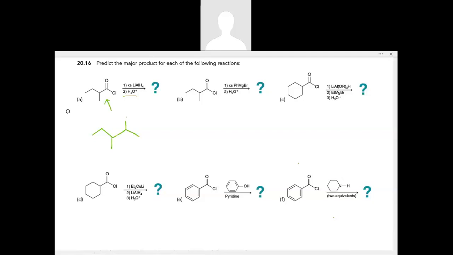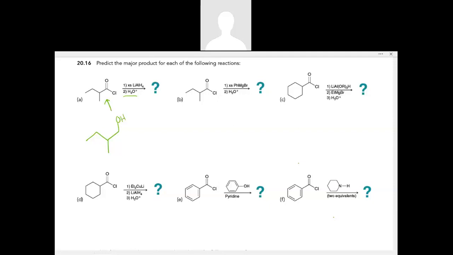So we can see where that carbonyl was. Now we have, oh, I'm sorry, we're actually one carbon shorter than that. So we'll actually have where that carbonyl was, the hydroxyl group like that. And then we can see that other methyl substituent off the side here. So again, we react this acid chloride with excess lithium aluminum hydride with the aqueous acid workup, we get this